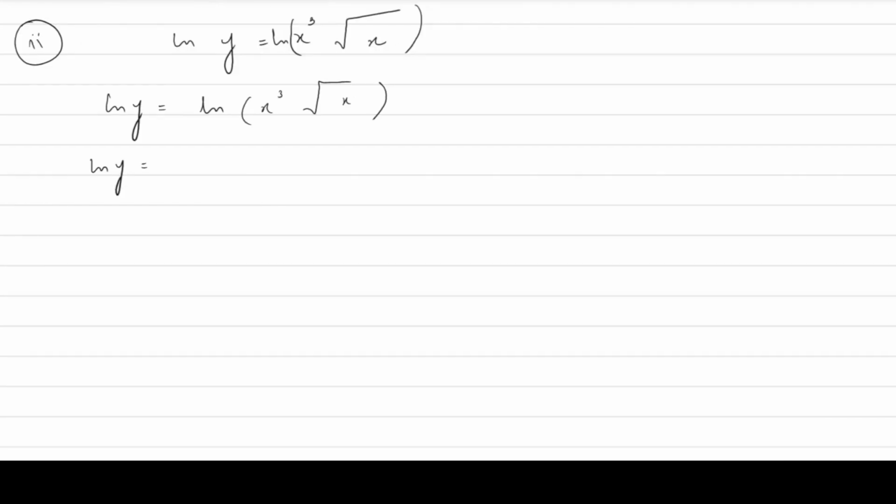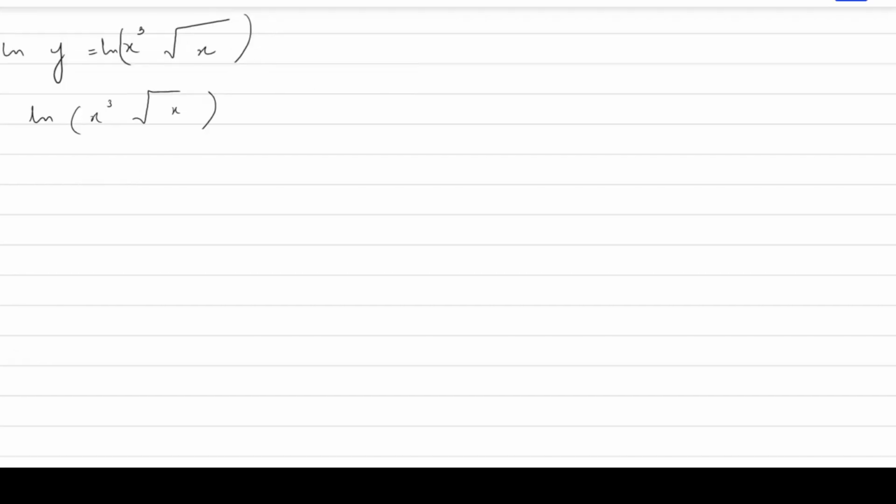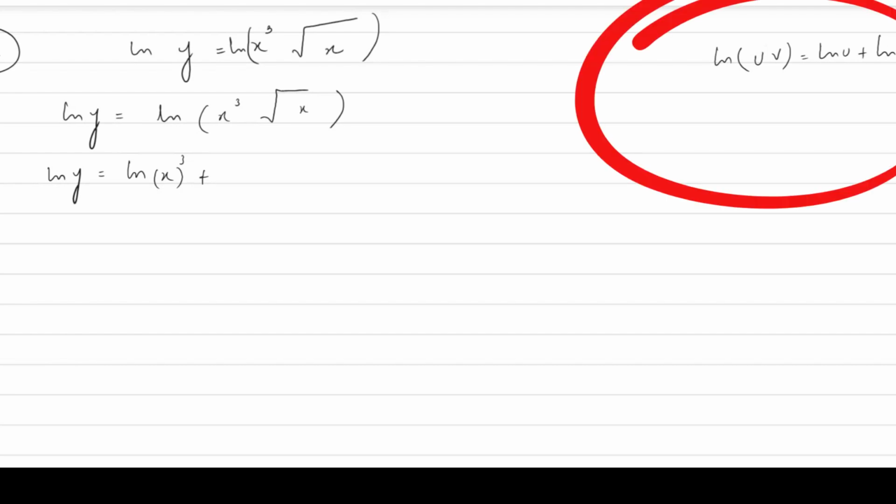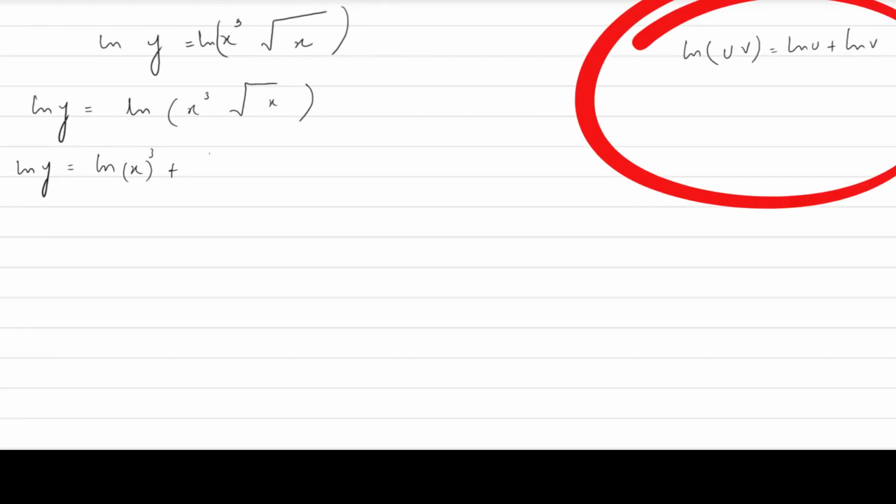So ln y is equal to, when we are having uv, ln u dot v, so it would be ln u plus ln v. Fine. So ln x cube plus, this multiplication is going to be plus,